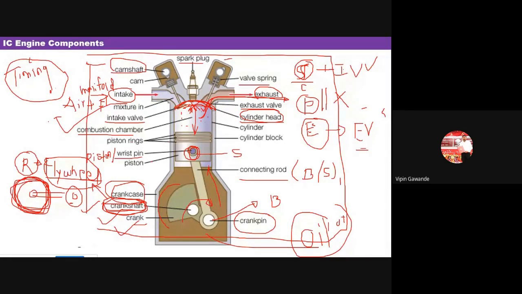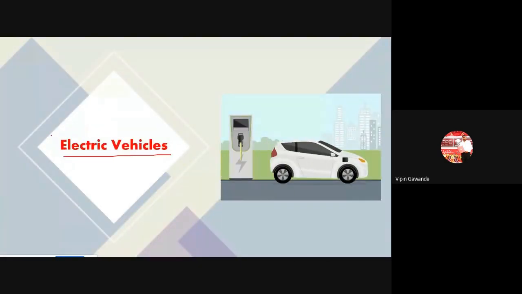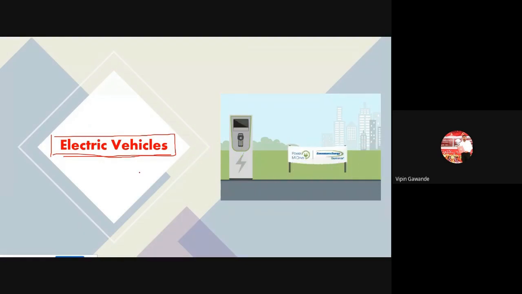Then the third assignment, that is the third part in this unit. We'll start today with electric vehicles. Now you know there is a trend now. People are not buying petrol and diesel vehicles now, because we are waiting for electric vehicles, and many companies have launched these electric vehicles in the market. Why are we not purchasing petrol and diesel vehicles now?